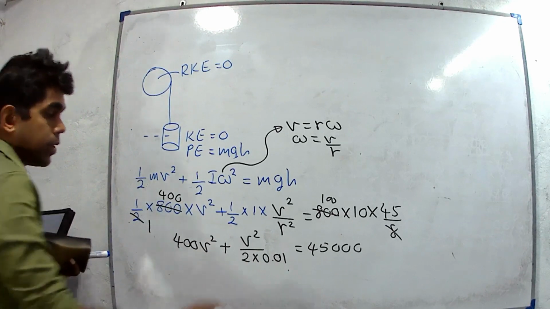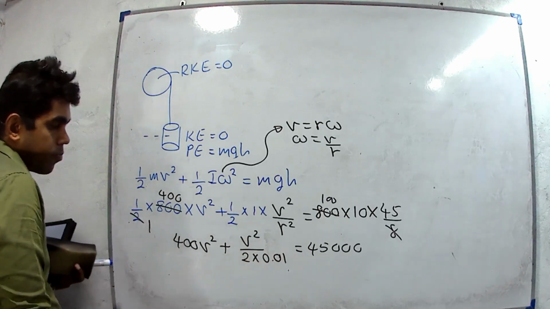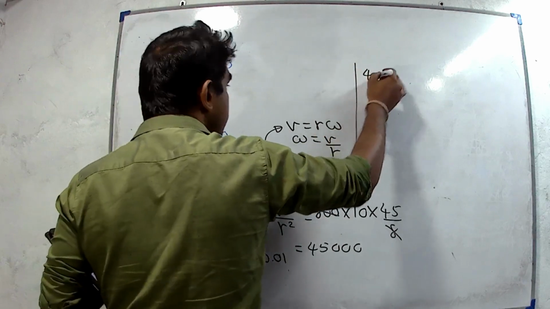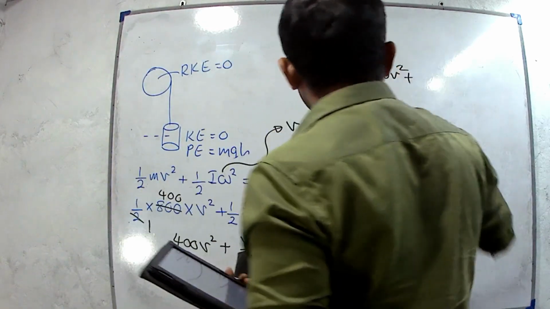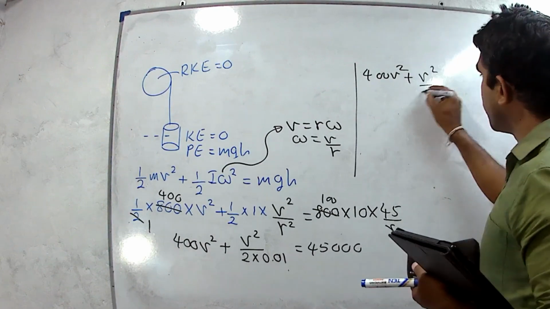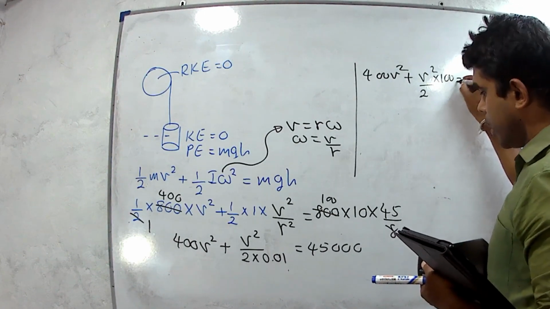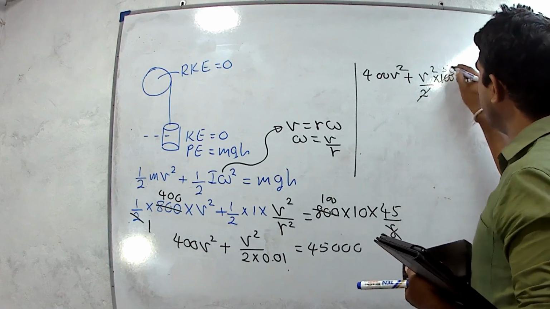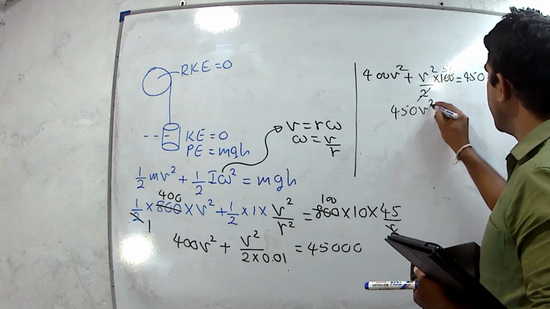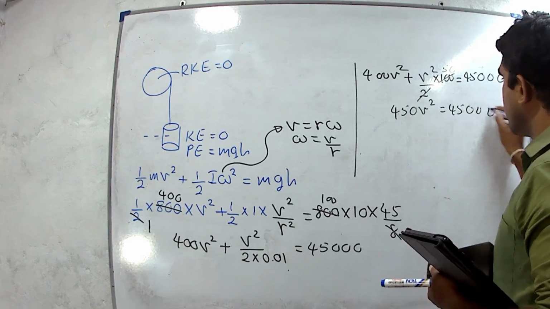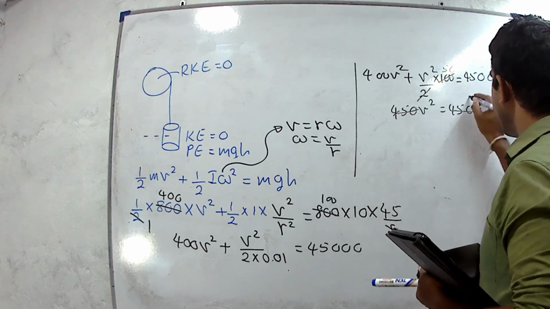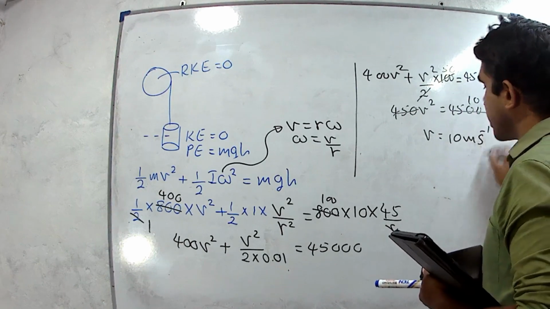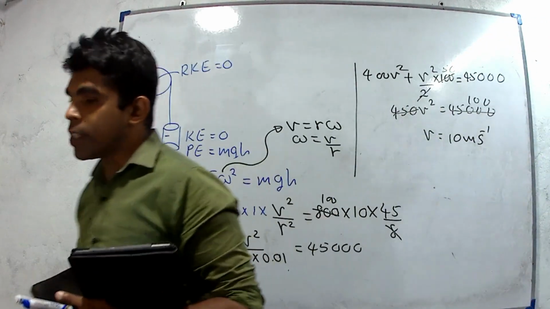We can bring 0.01 to the numerator as 100. Then 400 V squared plus V squared divided by 2 into 100 equals 45,000. Divide by 250, 450 V squared equals 45,000, and we can cancel out by 450. The V value is the square root of 100, 10 meters per second. It is the velocity before colliding